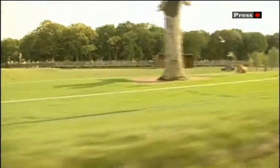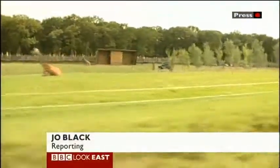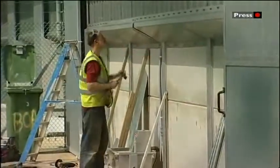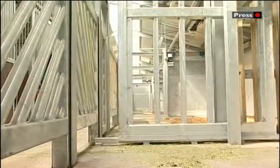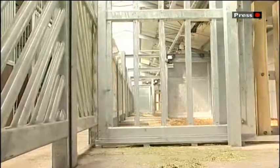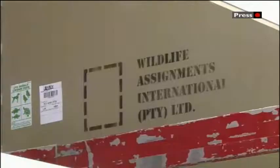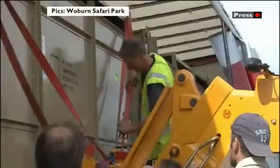There are hundreds of animals across this 420-acre park, and staff here at Woburn have been working on a brand new rhino enclosure for years. It'll be Europe's biggest white rhino facility, housing the existing herd and now another two very special ladies. Here comes the